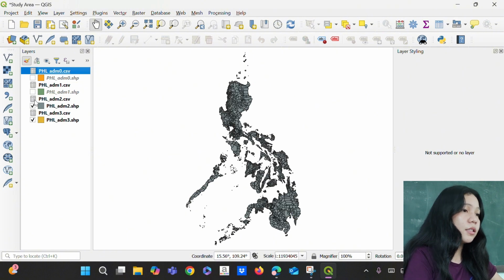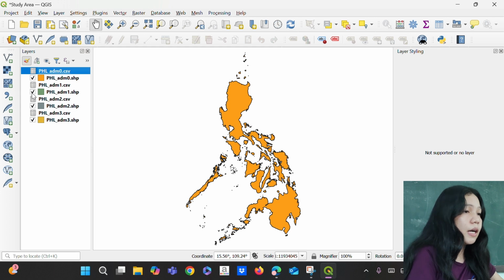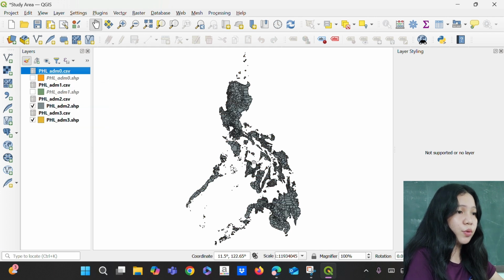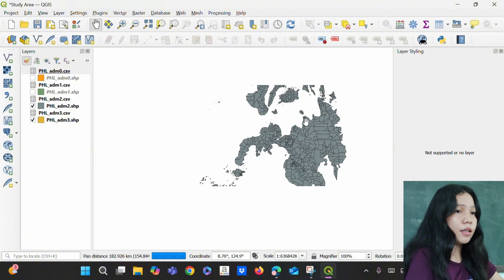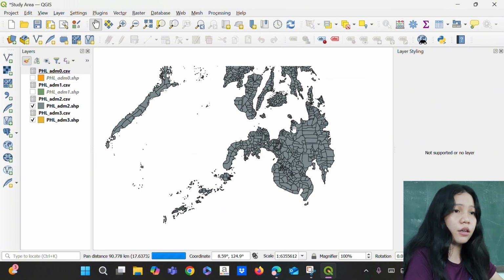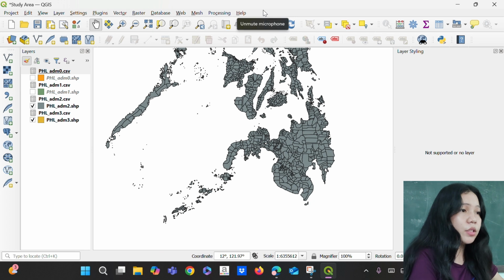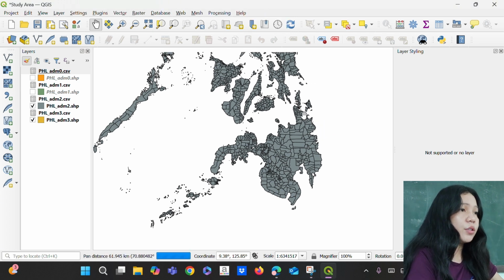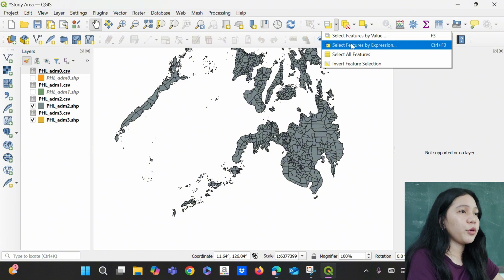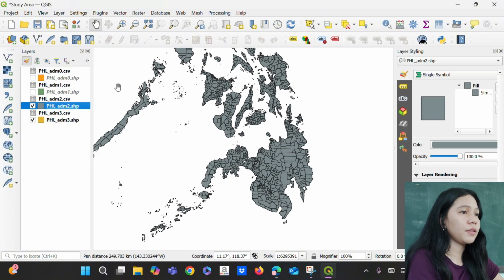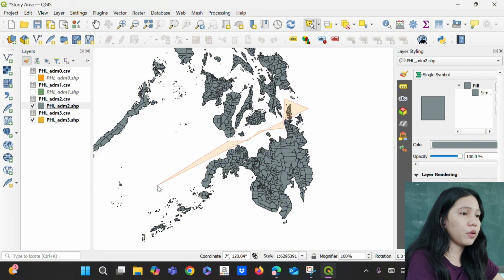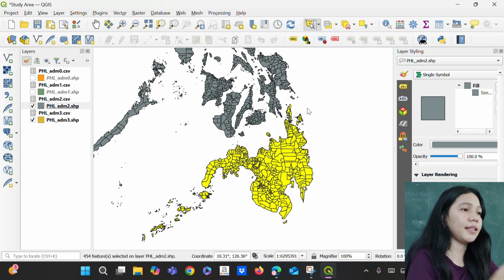Since my study area is in the Mindanao region, I'm going to extract the Mindanao map. I'm going to use this one, the administrative map. In order to do that, I'm going to use the select features tool, using the polygon option since it is the most convenient. I'm going to highlight all of the provinces and islands that belong to the Mindanao region. You just highlight by clicking here, here, here, and here. Right click to finish highlighting the Mindanao region.